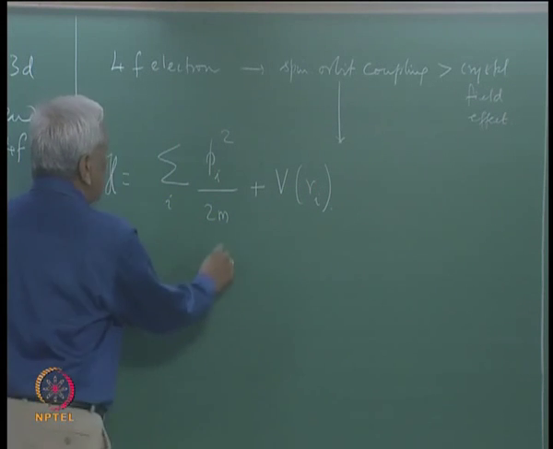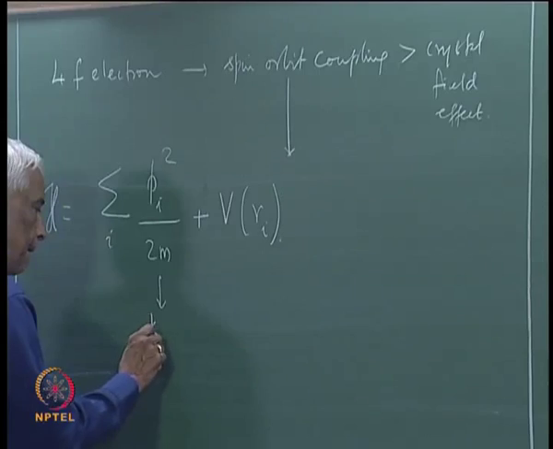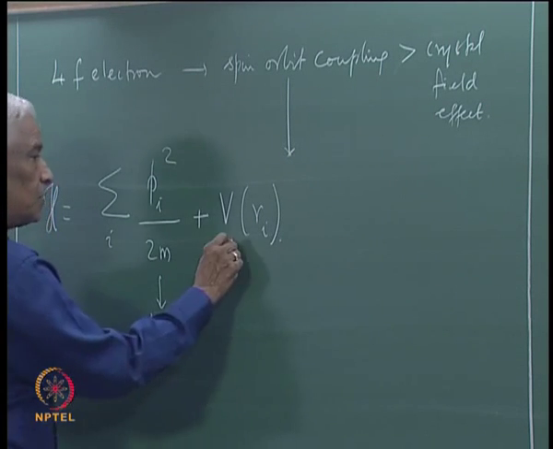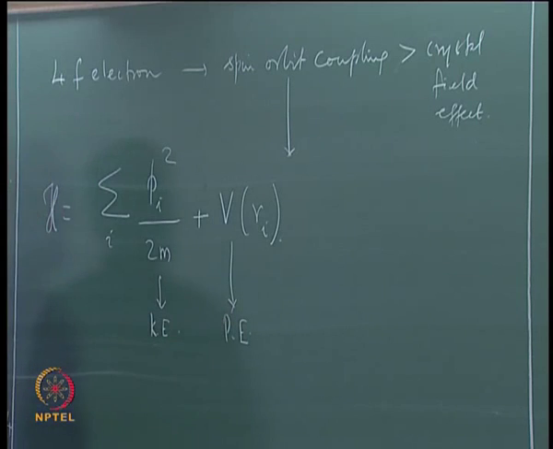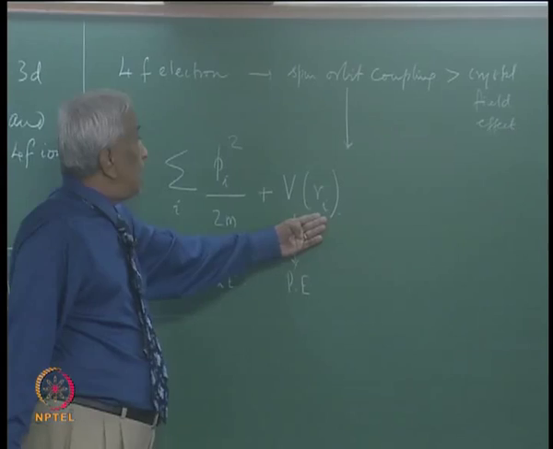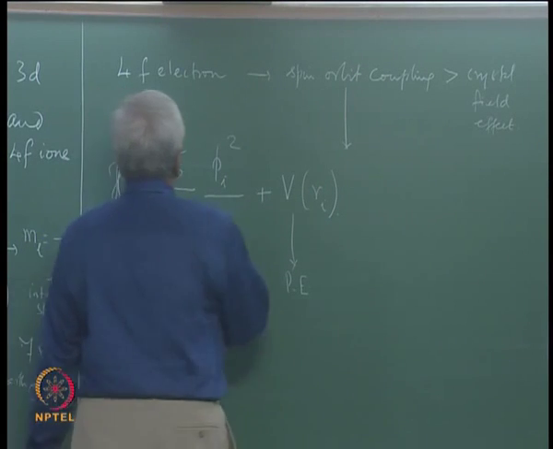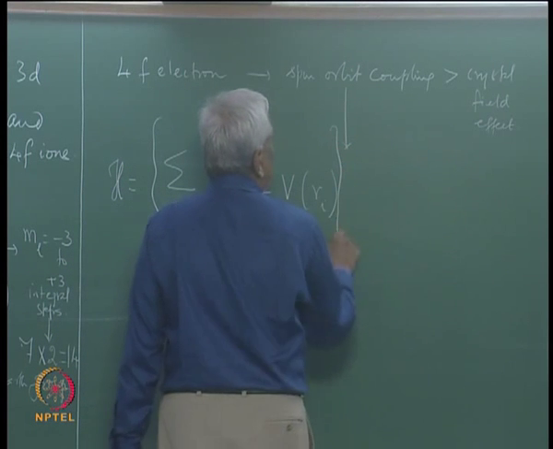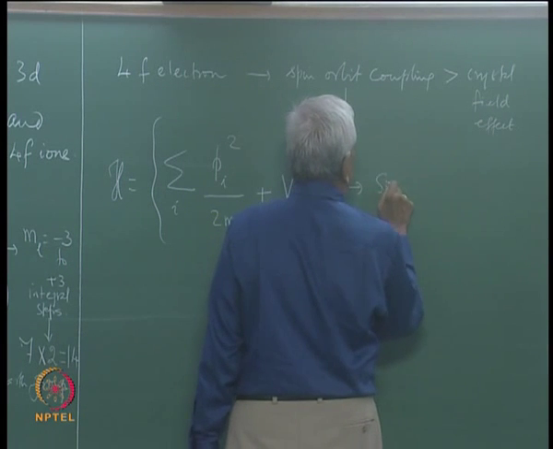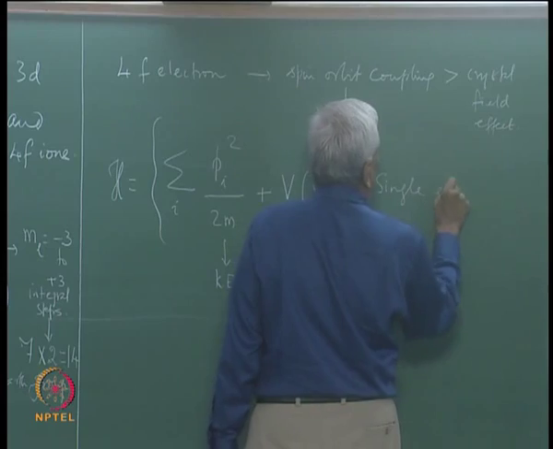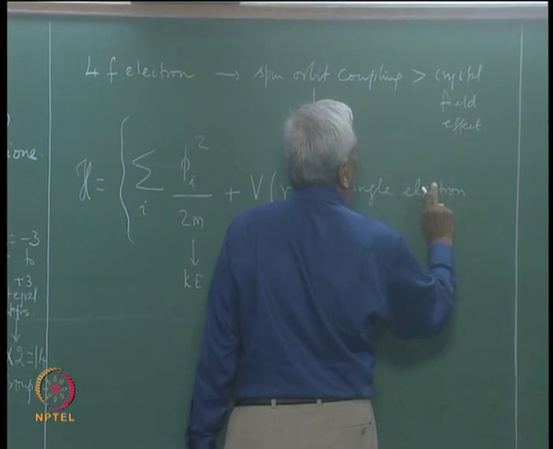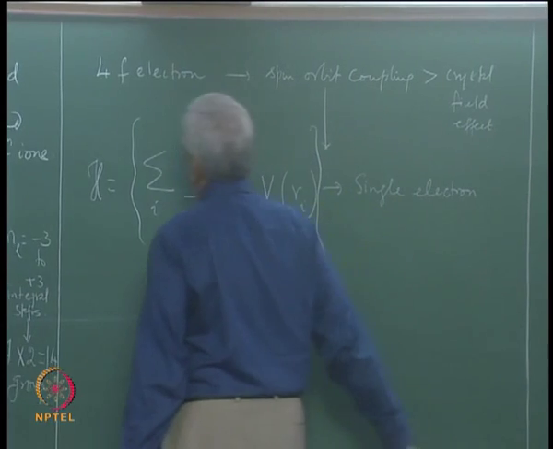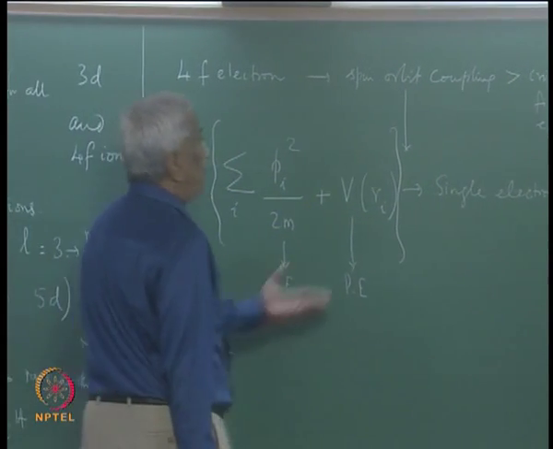This is the kinetic energy, this is the potential energy, the Coulomb interaction energy between the ith electron and the nucleus. So, this is all single electron terms. These define the angular momentum and spin of every